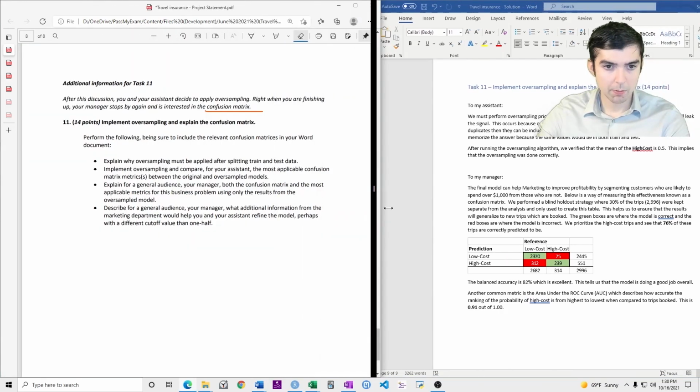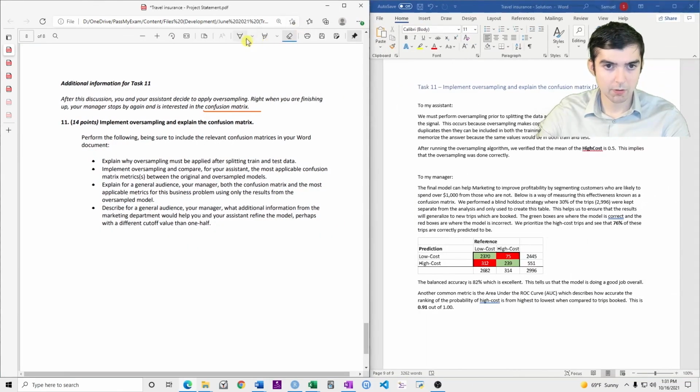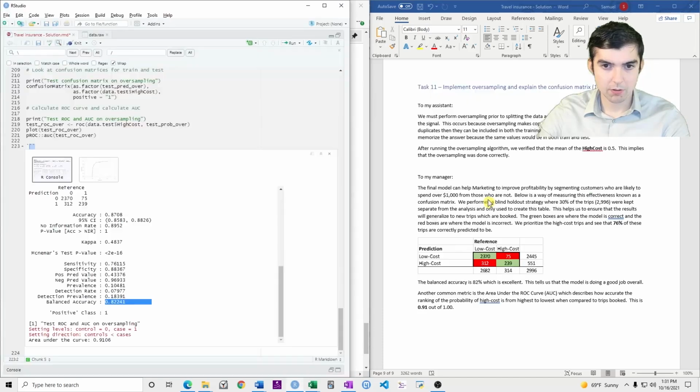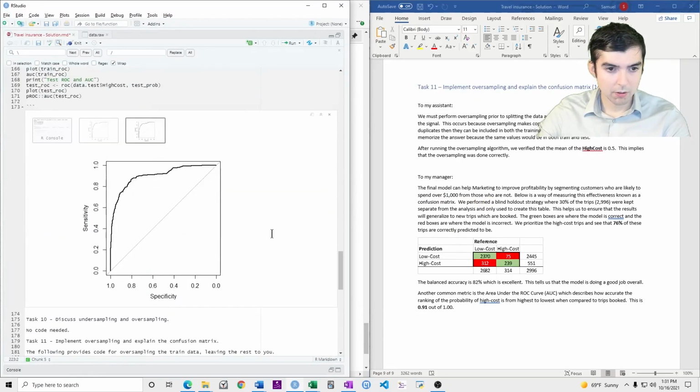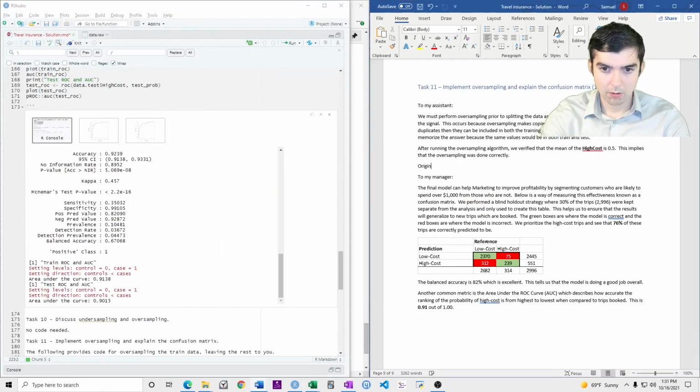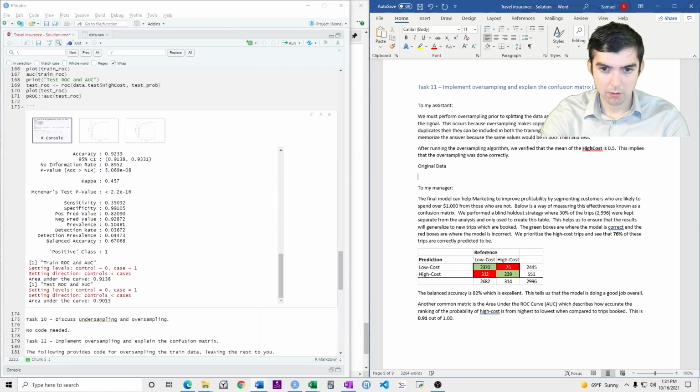Let's look again at the question. Explain why oversampling must be applied after testing and training. Implement oversampling and compare for your system the most applicable confusion metrics between the original and oversampled models. I have to go back to the original. Accuracy isn't relevant. Sensitivity.